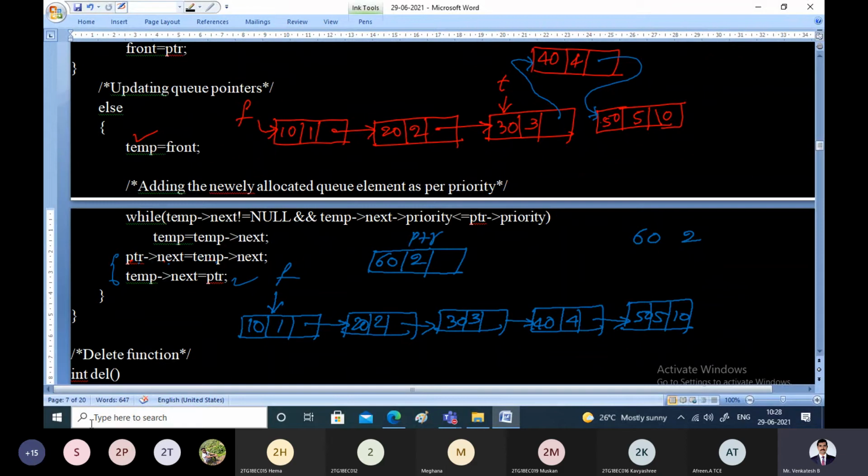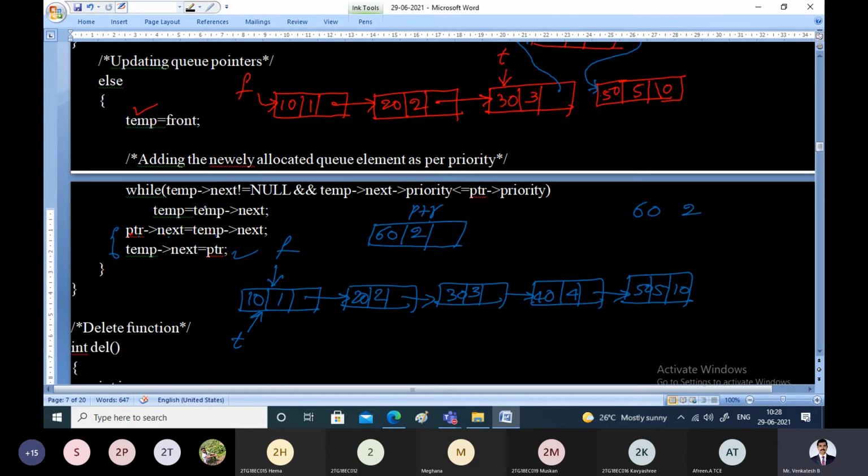Obviously, the if condition is false, so we will go for the else part. What we do, we take a temporary node in the else part and make it point to front. Check the situation. We need to find the location for this element to be inserted. While temp pointer next is not equal to null, is it true? Temp pointer next is this node, it is not equal to null, it is true.